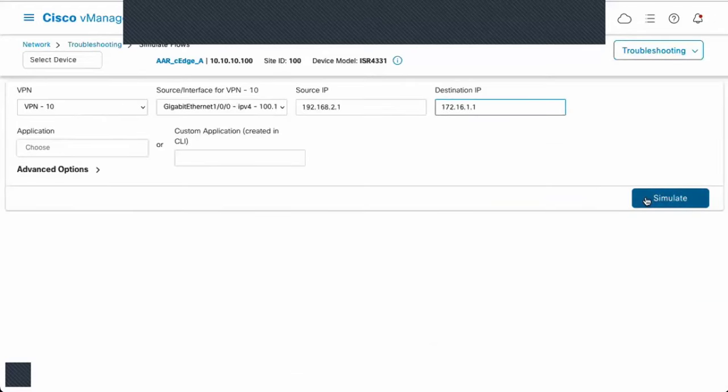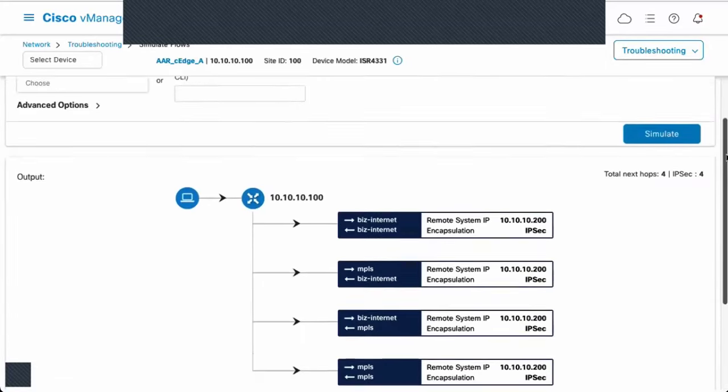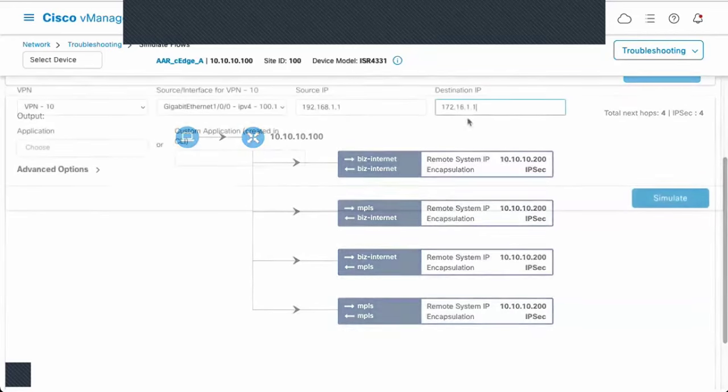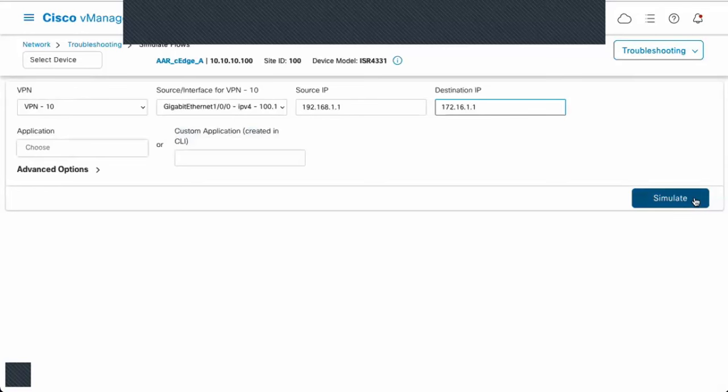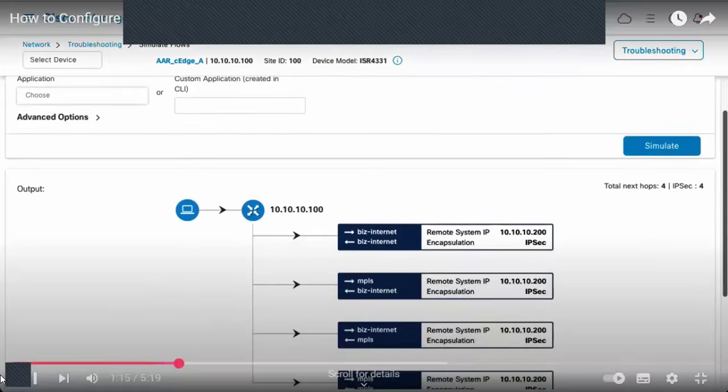Simulate communication between an email subnet host 192.168.2.1 and server B 172.16.1.1. The result shows 4 available options: use both transports on both edge devices. Simulate the flow between a voice subnet host 192.168.1.1 and server B. The output is the same result.